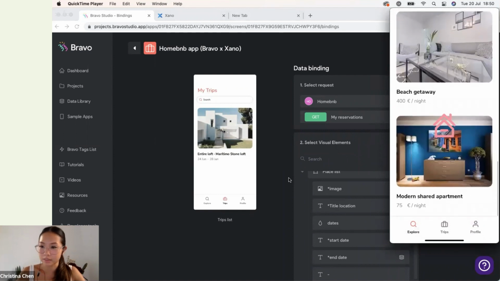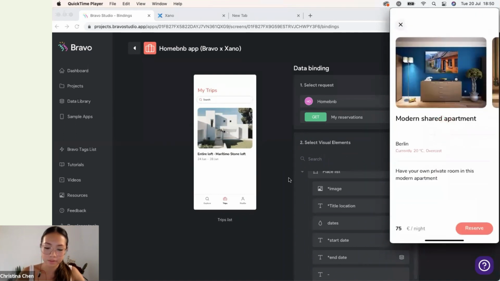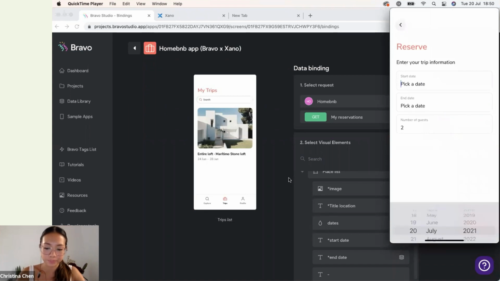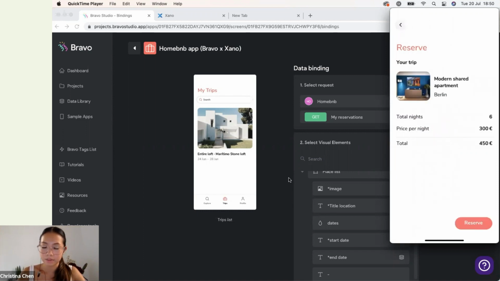Let's go to this modern shared apartment and try to reserve it. Let's do September 20 to September 26. That's the same. Perfect. Total nights, price per night. The total